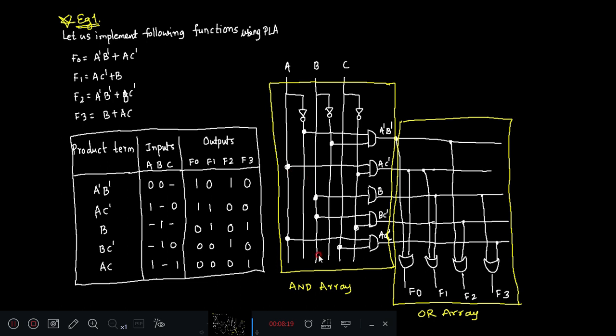In PLA implementation, there will be an AND array which calculates sum of product terms. So the implementation is slightly different. You can observe all 4 functions need to be implemented. So altogether 8 product terms, 3 are repeated. So 5 product terms need to be formed by the AND array, and these product terms are used together to realize the 4 different functions f0, f1, f2 and f3. The next example we'll see.